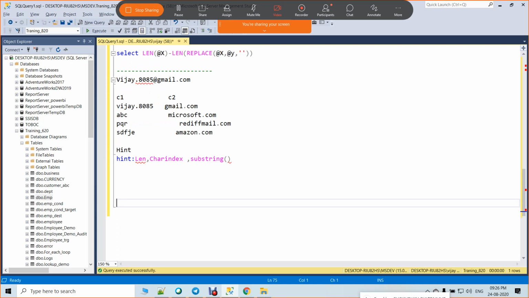Okay. Anyone got the logic? Maybe rough logic is also fine. I know it's a bit complicated, not so easy, but I would like you to give it a try. At least 50%, anyone done? Not yet. You guys want to take this as a home assignment, or do you want to do it here only? Just give a little bit of time. Okay, no problem.